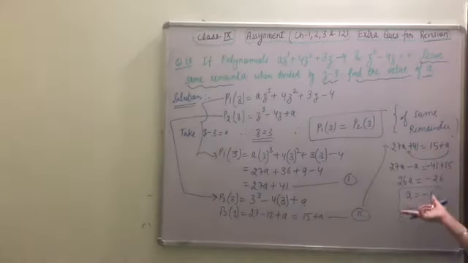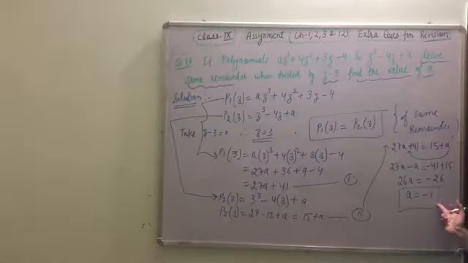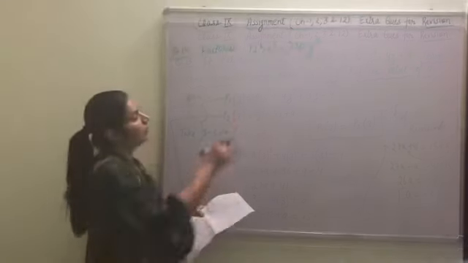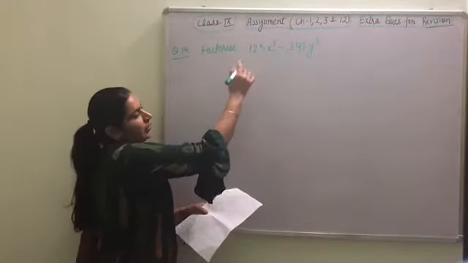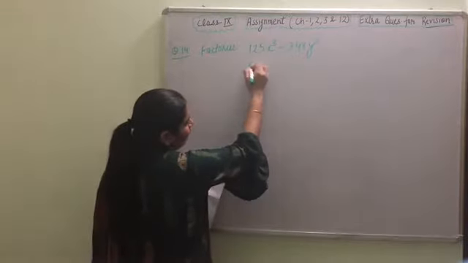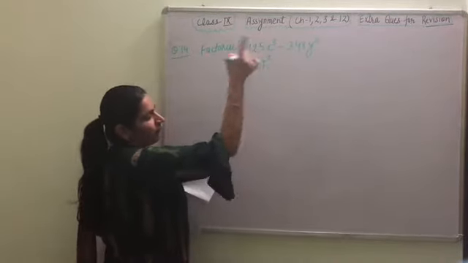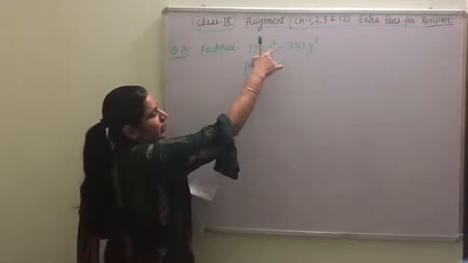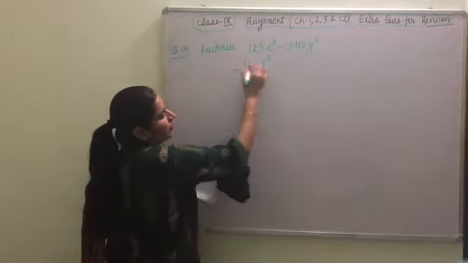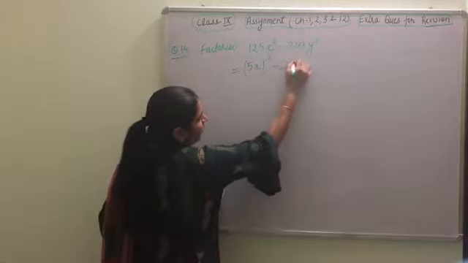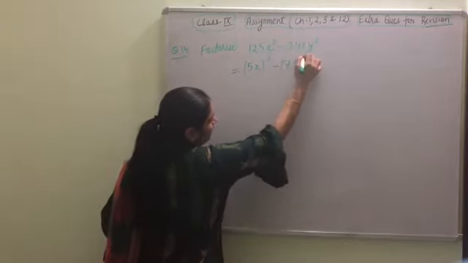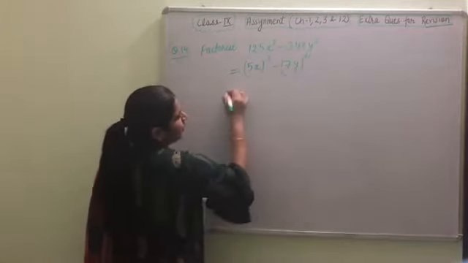After comparison, the final answer is a equal to minus 1. Important question. We have to factorize this value. We can write this one as (5x) whole cube, since 5 5s are 25, 5 25s are 125. And 343 as (7y) whole cube, since 7 7s are 49, 7 49s are 343.